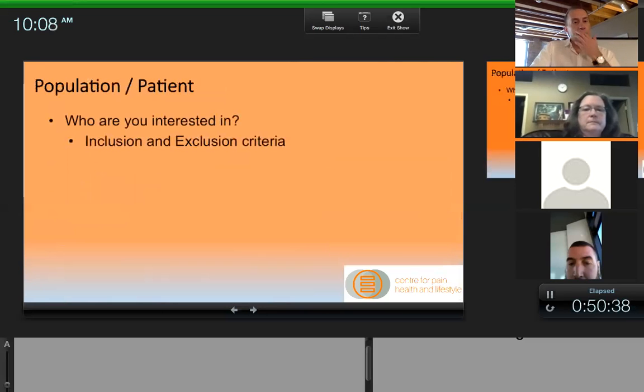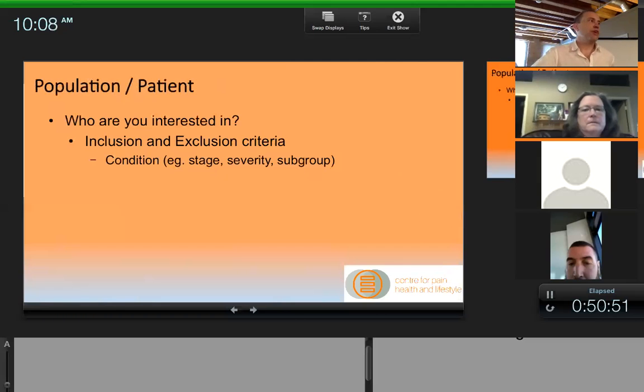So what does it mean though? So the population or the patient, so remembering this is everyone that you want to represent in your sample. So this is who you're interested in. And the way that you might define that is by a particular condition, but then you might subdivide that at a particular stage. So you might be interested in chronic back pain and not acute back pain, for example. Or you might be interested in back pain which has a certain